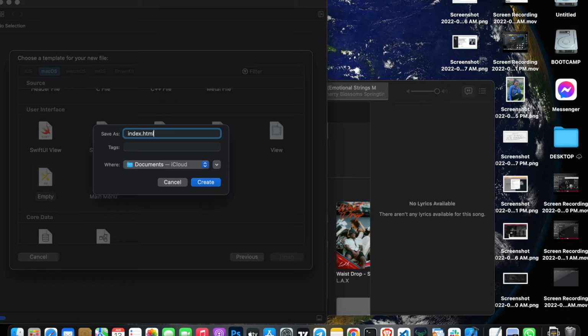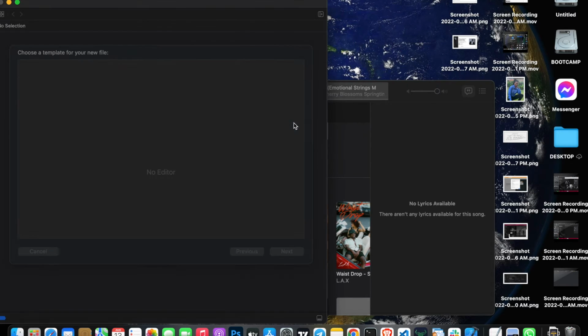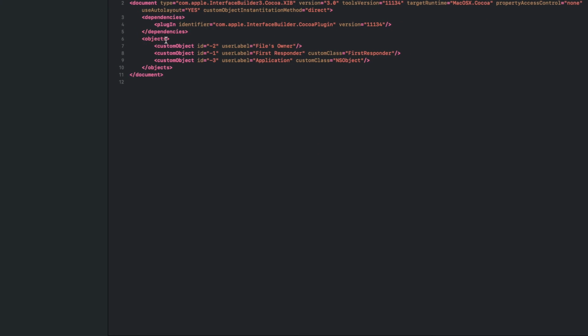That is the file format for HTML files. Then I'm selecting a folder to save it, and then I click on create. It's asking me what extension I want to use, so I click on use .html. So I'm going to expand it. As you can see,